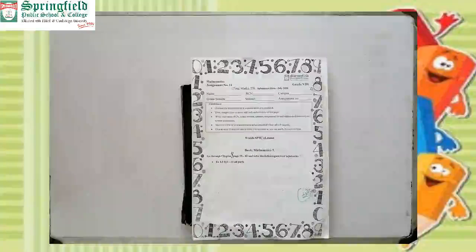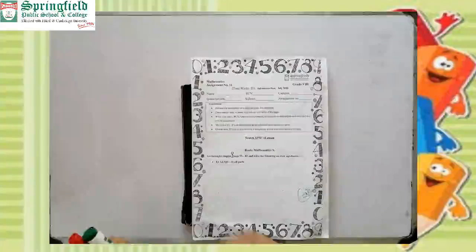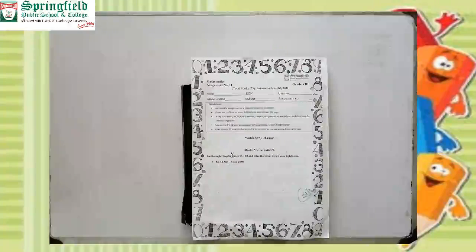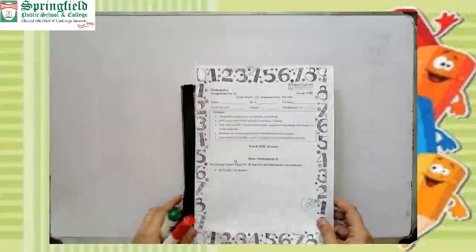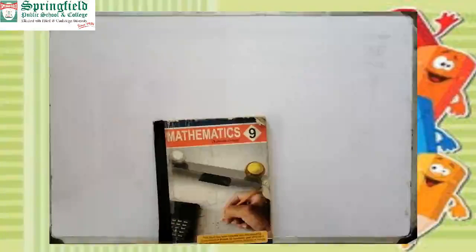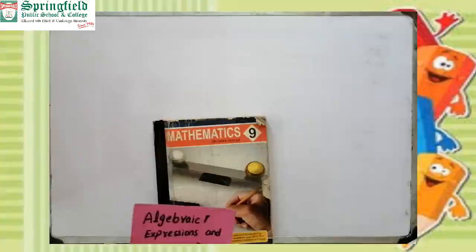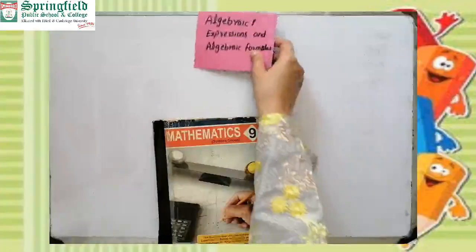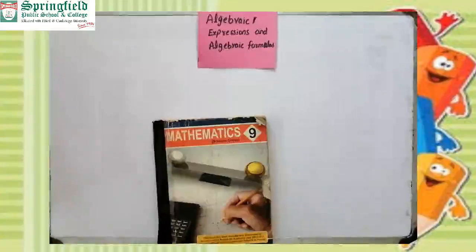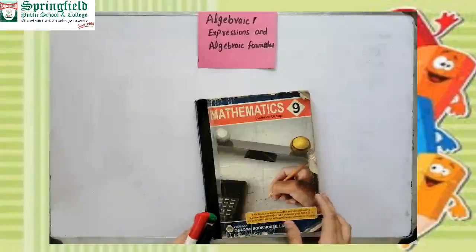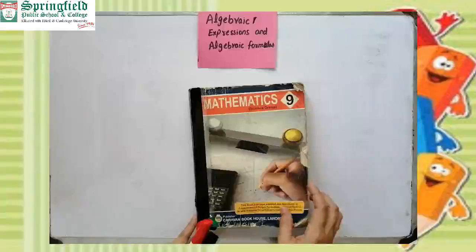And students, now we are going to start assignment number 11 of grade 8. Today we will start chapter 4, and the name of chapter 4 is algebraic expression and algebraic formula. In this assignment I will tell you about the algebraic expression, which type of expression is called an algebraic expression. Now first open your book,